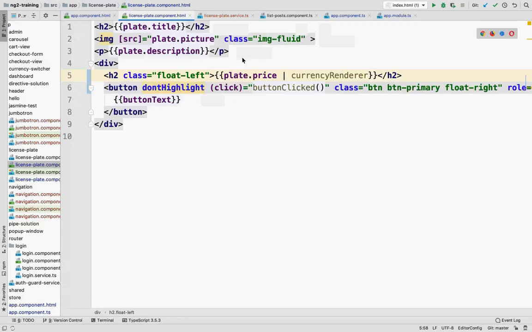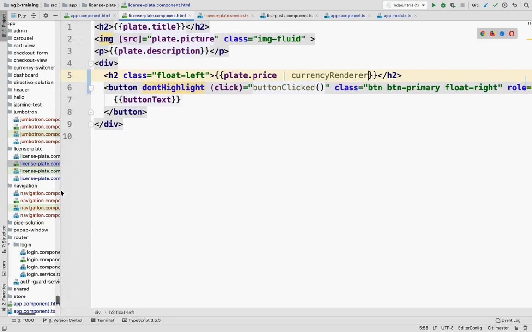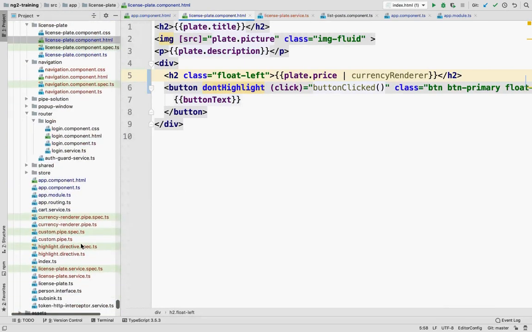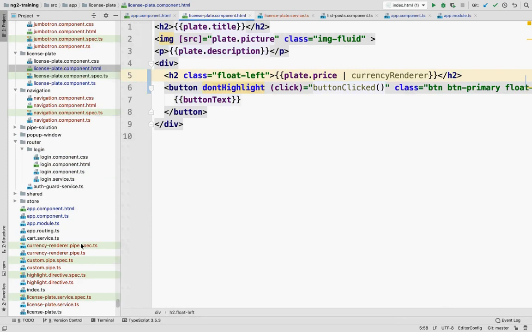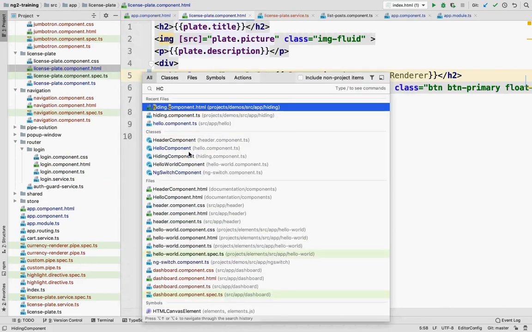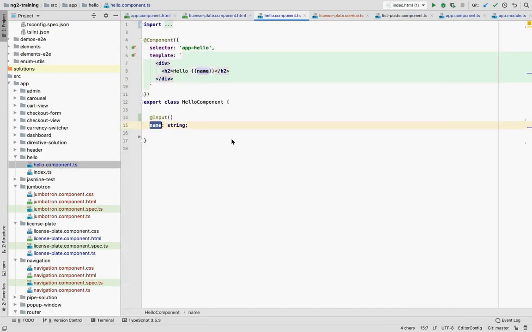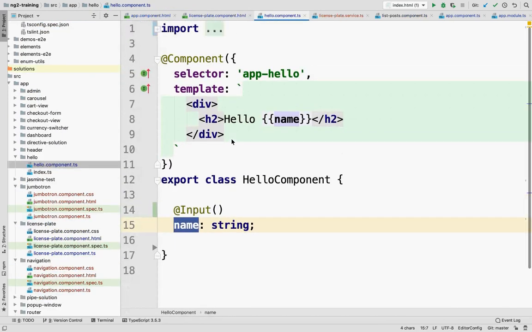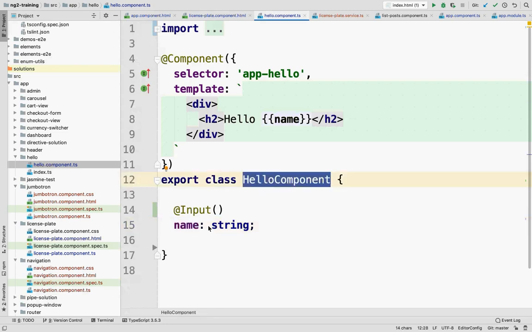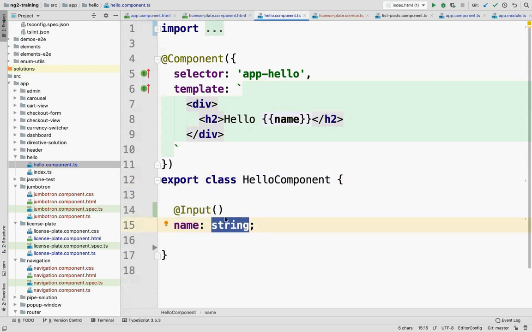It's that TypeScript code actually looks very much like things that most people are familiar with, because it's object-oriented, it's using classes, it's using types. So if I open some TypeScript code, you'll see that it looks like this. We have a class, I have a property in that class, and it has a type, string, and there's a decorator applied to it. So if you're familiar with Java or C# or .NET, it's like, oh, it's similar. I know classes, I know types, I know decorators, and it feels very, very familiar.